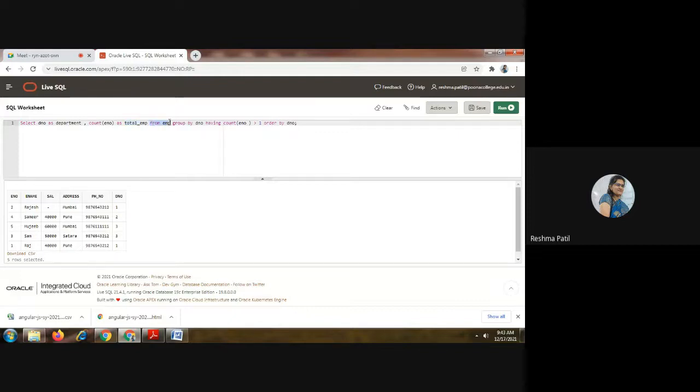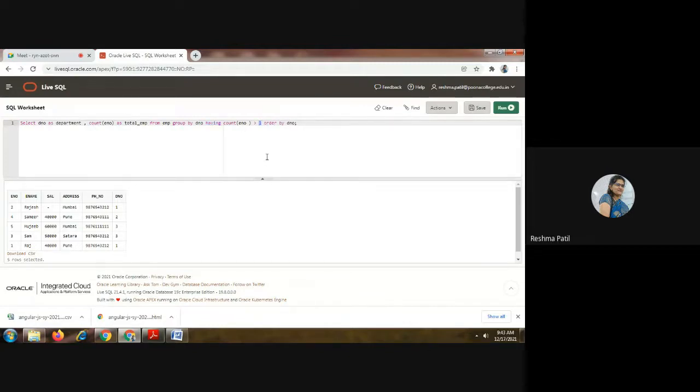On which table are we going to execute this query? Employee. So this is the table. Now we have to write the group by department number, meaning we will show that number only one time. Actually that number is there two times, 1 1, but in the result we have to show that record one time. Now we will apply the having clause. We have to check whether the count of that employee number is greater than 1 or not.